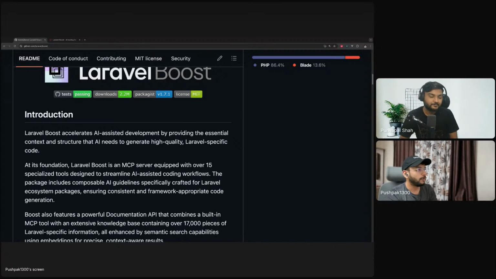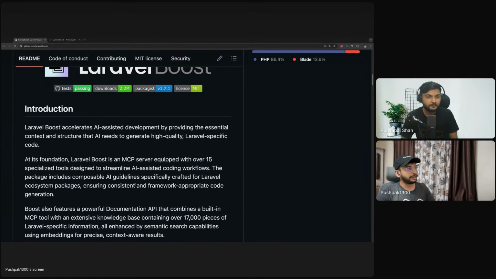As its foundation, Laravel Boost is an MCP server equipped with over 15 specialized tools designed to streamline AI-assisted coding workflows. The package includes composable AI guidelines specifically crafted for Laravel ecosystem packages, ensuring consistent and framework-appropriate code generation. Along with the Boost MCP server, Laravel Boost also provides a set of guidelines